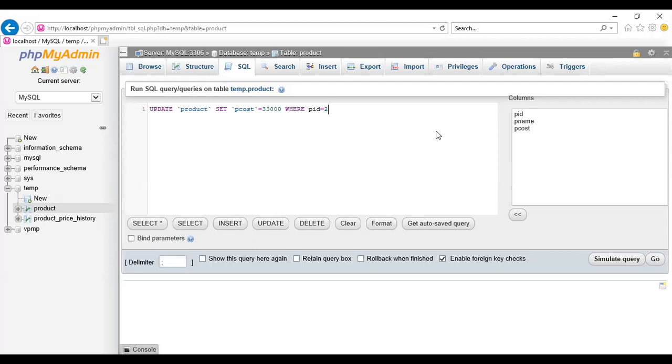That means where the PID is 2, that is TV, the cost of the TV is going to change to 33,000. Press the button Go.